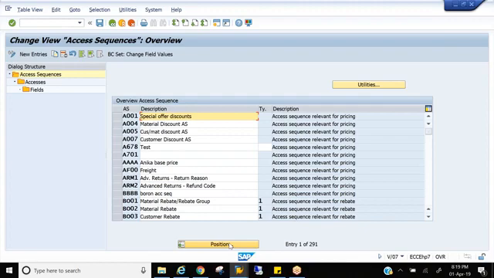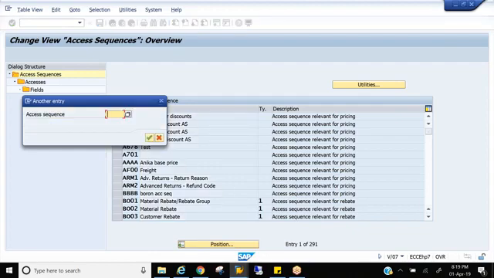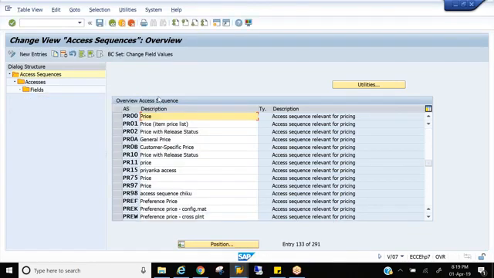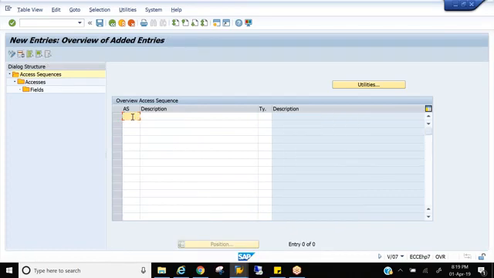For the base price, there is already an access sequence provided by the system, that is PR00. A standard PR00 SAP has provided, but I don't want to go with this. I want to take my own. So let me go for new entries, and I'll create something called ZR00.